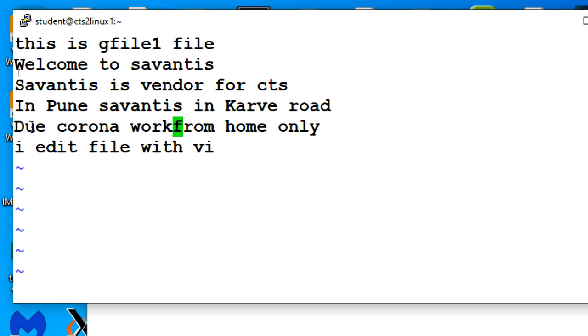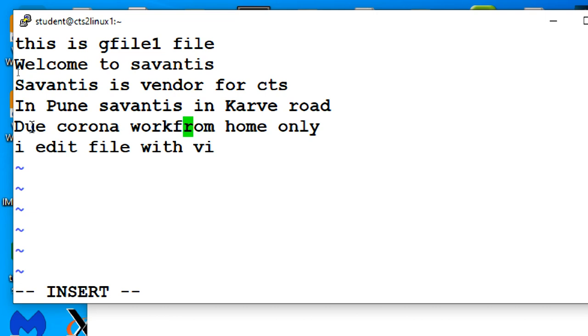Next, again I'm in the middle of the line. Now I'm pressing small a. The cursor is shifted to next. See, Escape. My cursor is at F. Can you see that the cursor is at F? I'm pressing small a like this.